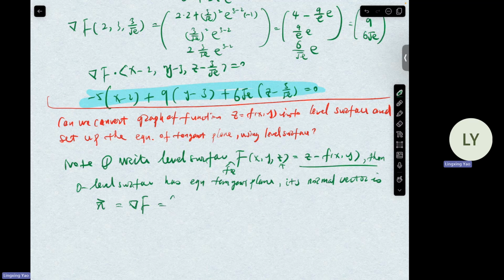So this is negative partial f partial x, negative partial f partial y, and a positive 1. So this is called the upward